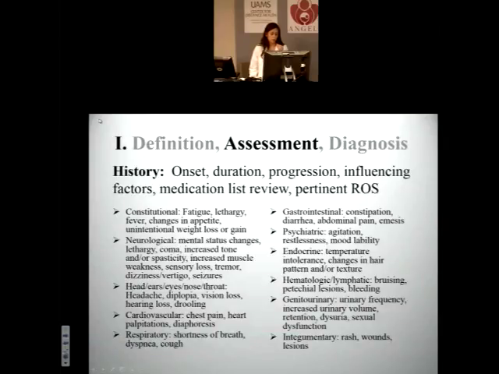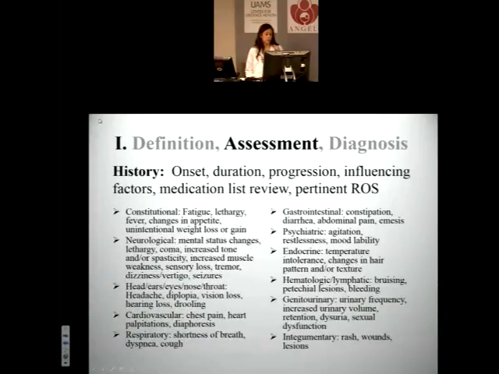And so just some things, I won't read all of these, but some pertinent review of system findings might be fatigue, lethargy, changes in appetite, weight loss or weight gain, especially if you're thinking of endocrine issues. Again, with the neurological changes, mental status change, worsening of their present neurological impairments, such as increased tone and spasticity, increased weakness, visible seizures, dizziness, tremor, sensory loss, worsening headache, vision changes, chest pain, respiratory issues, nausea, vomiting, emesis may indicate that there's increased intracranial pressure,